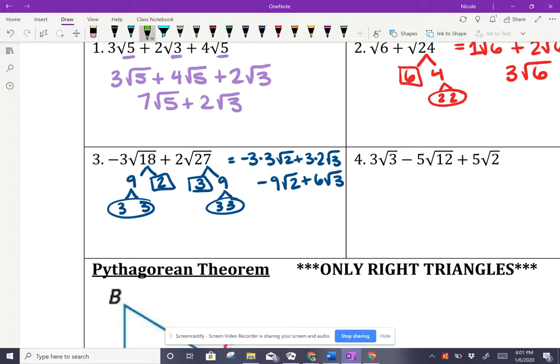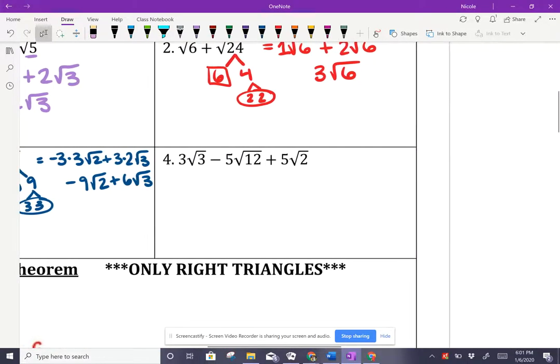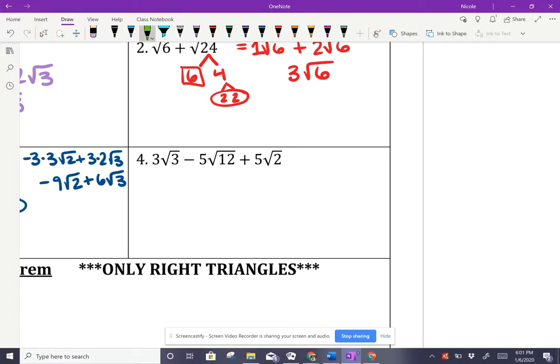So let's do one more example of that. I've got the square root of 3, square root of 12, and square root of 2. The 3 and 2 are not going to simplify anymore, but that 12 should be able to. So 12 is divisible by 3 and 4, and 4 is divisible by 2 and 2. So I have a pair of 2's to take outside. I'm going to rewrite this whole thing. We've got 3 square root of 3 minus, this 3 is going to stay inside. 2 goes outside with my 5. They multiply to become 10